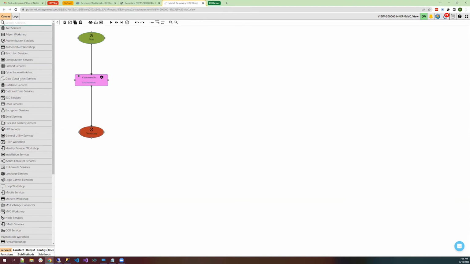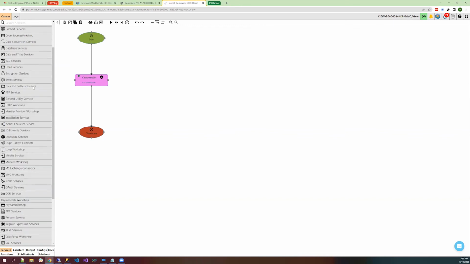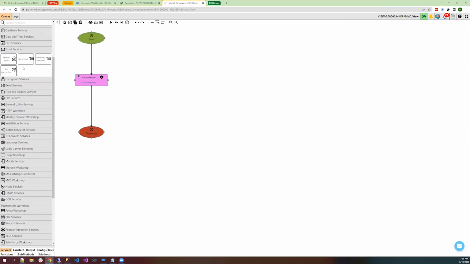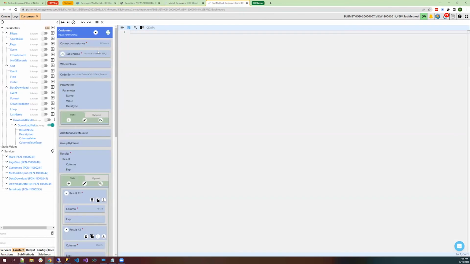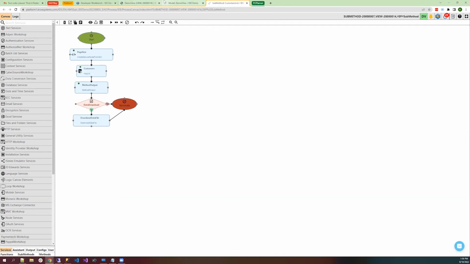Some of them do very specific things, like an Authorize.net service to integrate with Authorize.net. We have database services to read, delete, any database operation that we need. Email services, which we have up here. We can send and receive emails, and so on. So this just works by using an inquire on the customers, and this just queries JD Edwards, having some name like whatever you type in the search box here. So this is kind of the where clause editor, but this is how the data gets pulled for the view.